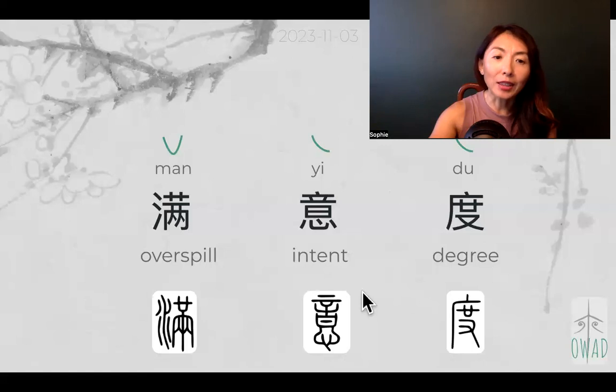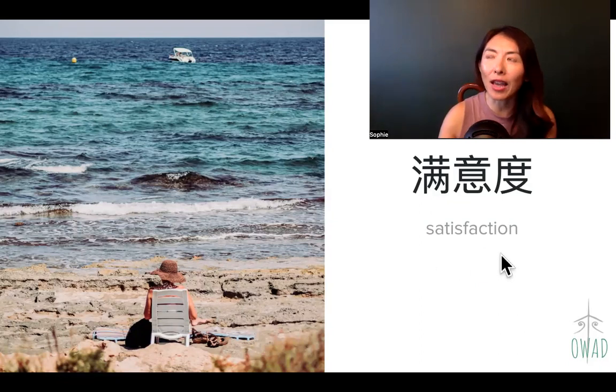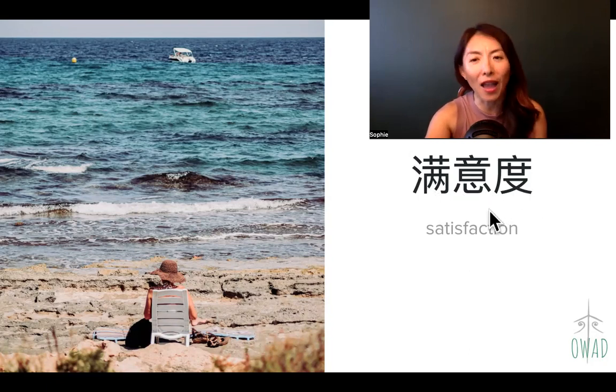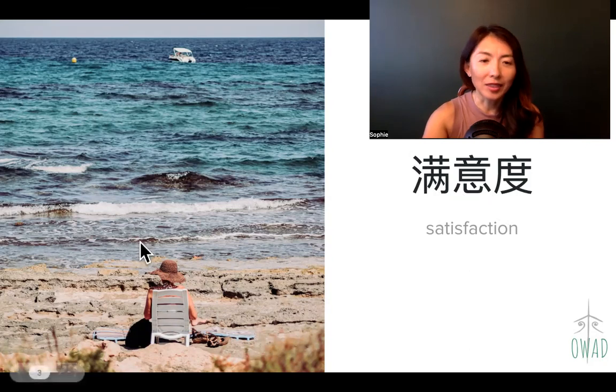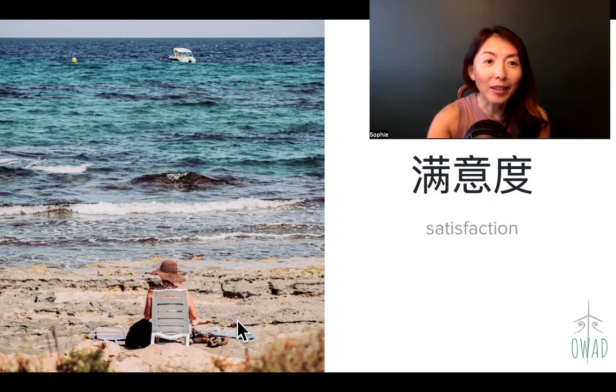Okay, so 满意度 together means satisfaction degree. I mean, basically it's a 5-star kind of ranking, the visualized way popularized by Amazon and adopted by multiple rating practices across the internet. But 满意度 in Chinese is translated as satisfaction degree, like you have to quantify how satisfied you are. All right, so I guess this is just to show satisfaction. I assume that person sitting by the ocean is